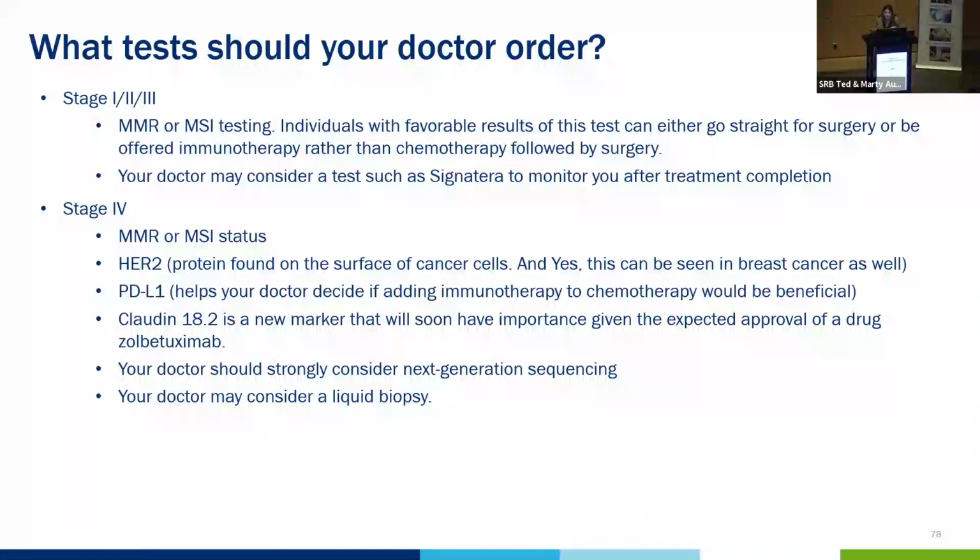So what tests should your doctor order? You've been newly diagnosed, and you know your stage. If you're stage 1, 2, or 3, a lot of times we want to order some type of biomarker. MMR and MSI testing are very important because these test results help to determine if some type of immunotherapy is more favorable for your treatment rather than chemotherapy followed by surgery. Your doctor can also order some type of blood work to help monitor your treatment after completion of your systemic therapy. And then for stage 4 cancers, so metastatic disease, again, you want to look for your MMR or